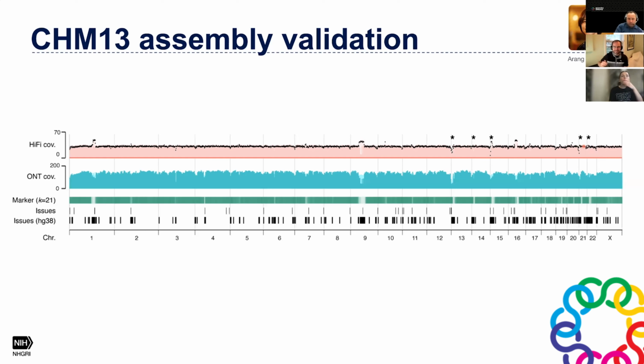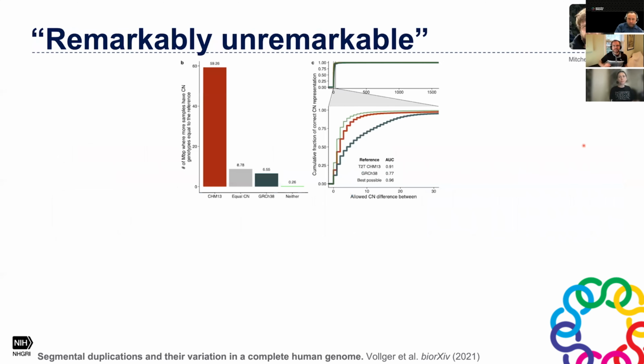They're pretty even. It's the ones that have the larger arrays that are still model sequences, and so you do see a little bit of coverage abnormality there. But I'd say it's pretty good. And then I said it's the sequence of a human genome,